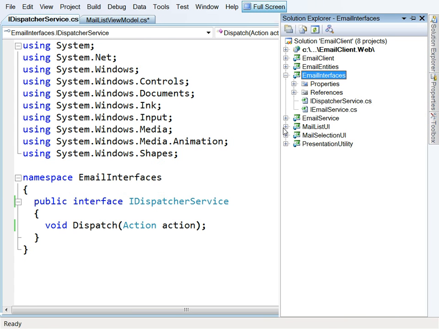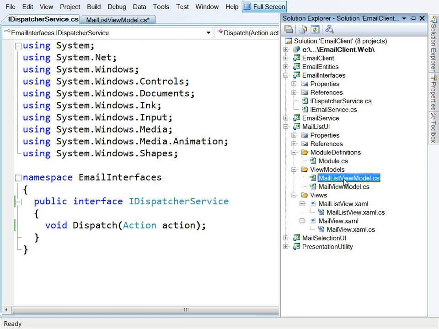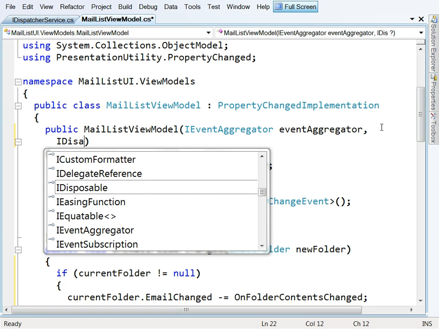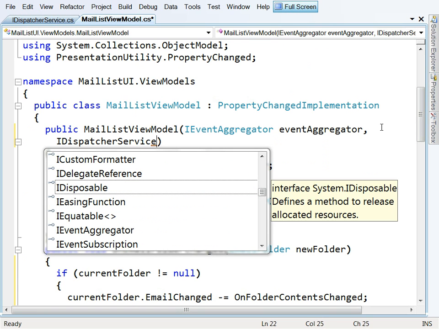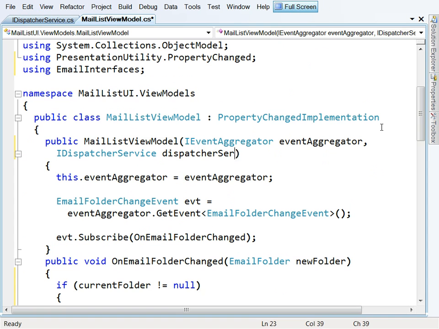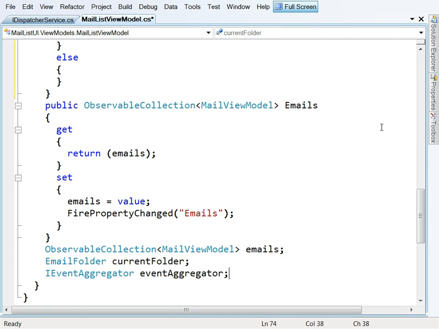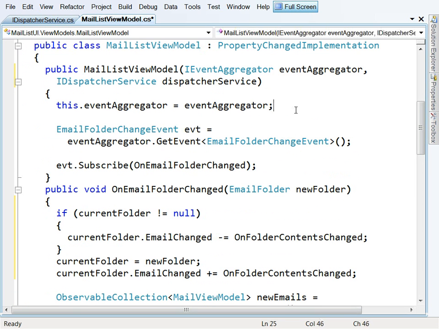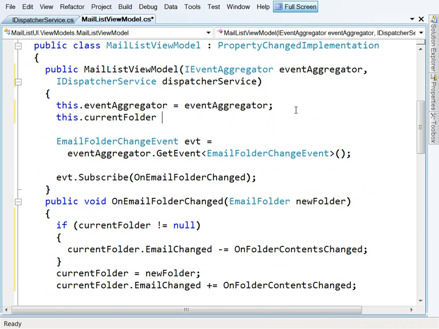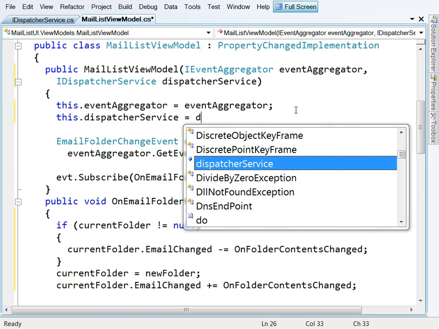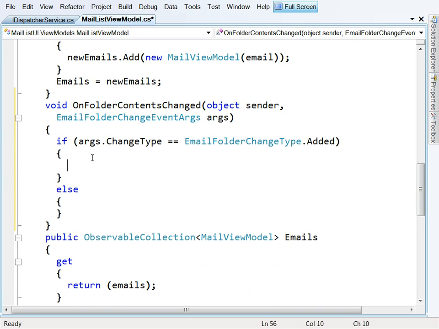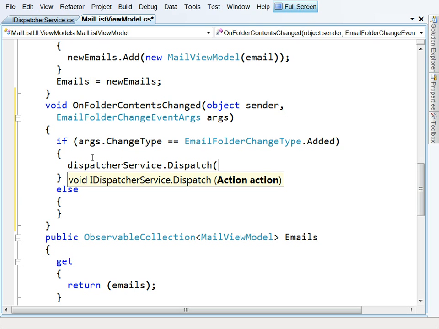view model. Let's just grab that guy. I'll say that I'm also dependent upon the IDispatcherService. Let's call that dispatcherService. I'll store that, so we'll have an IDispatcherService dispatcherService, something like that. We'll copy it at initialize at construction time, so we'll say this.dispatcherService equals dispatcherService. And then when it comes time to make these changes down here, we can say dispatcherService.Dispatch for me, a